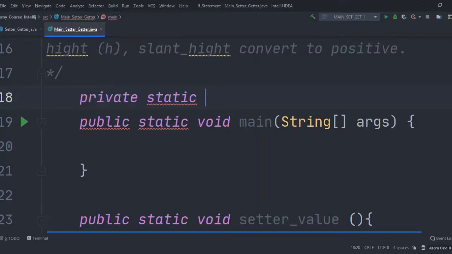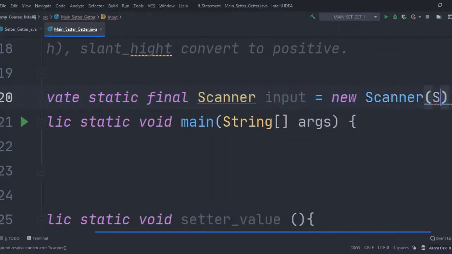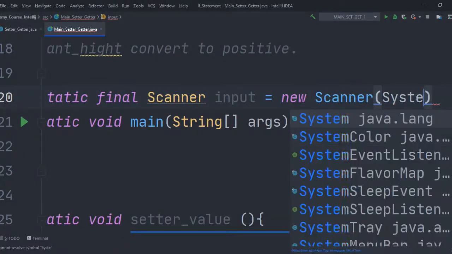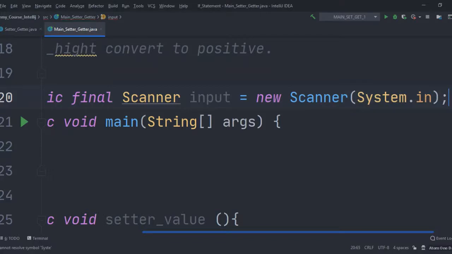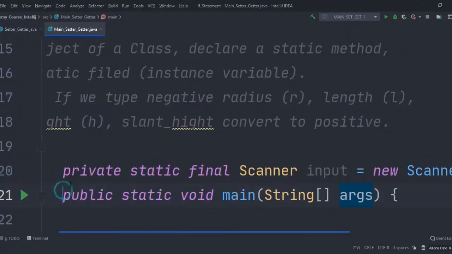Private static final. When we use the keyword final, it means that value will be constant. It will not be changed. Private static final Scanner, the variable of this class, input, new object Scanner System in. Now, and we must define